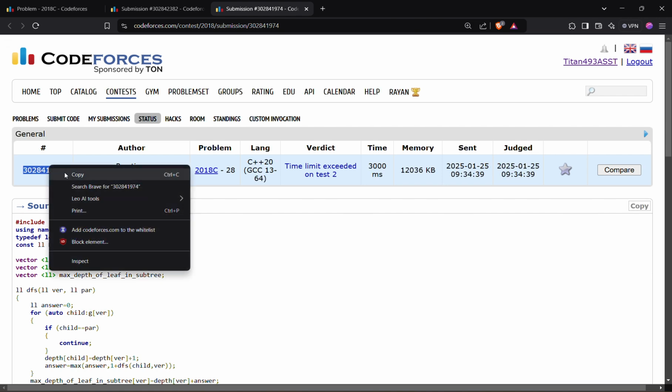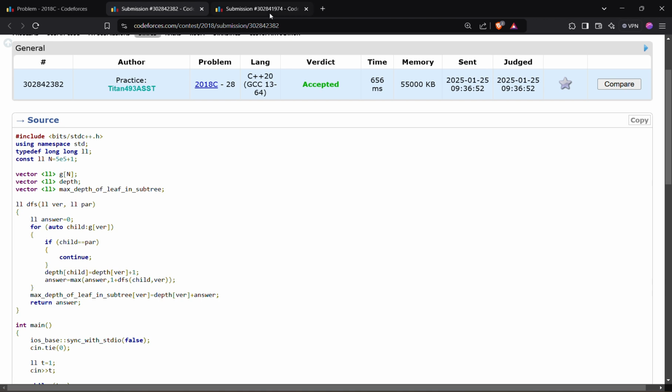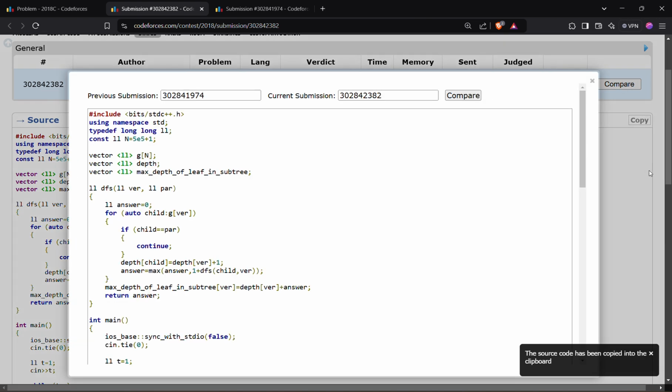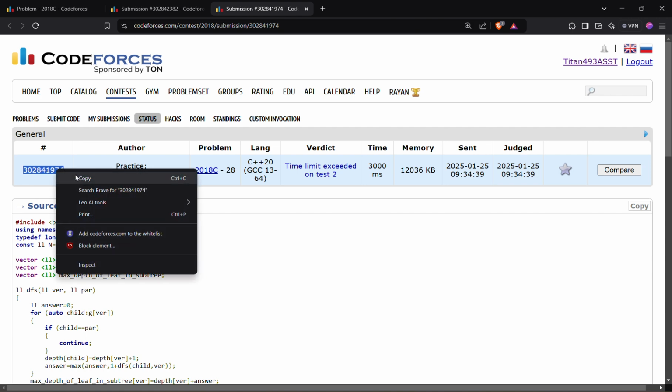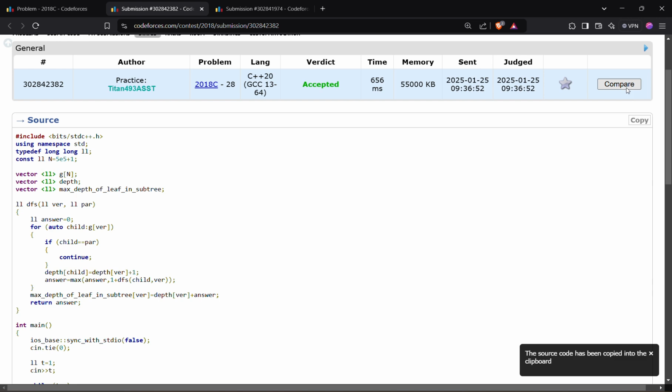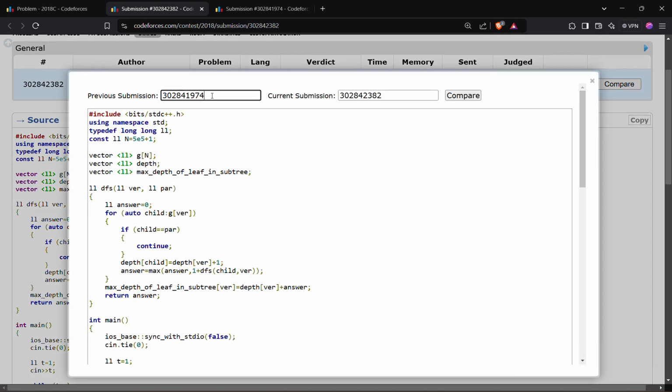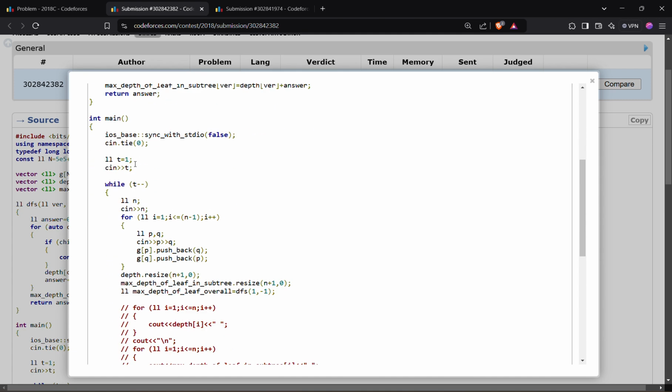Codeforces provides an inbuilt difference checker. I copy this and compare it with this. Okay, so see here,